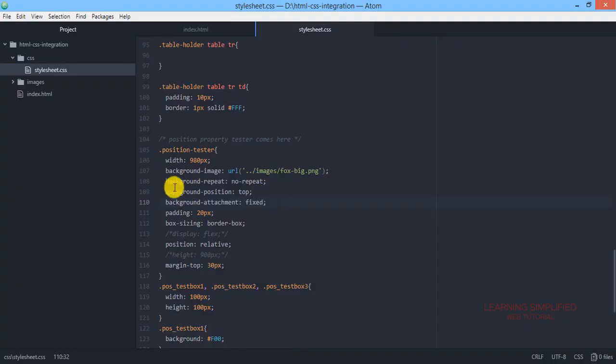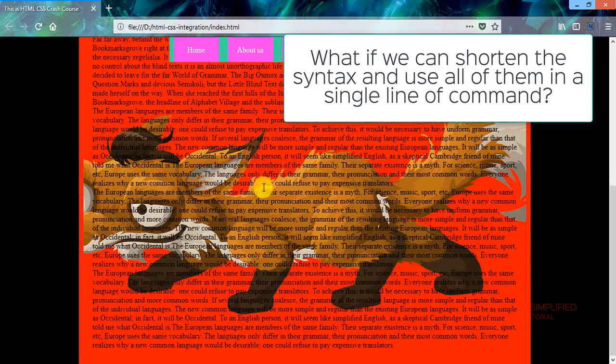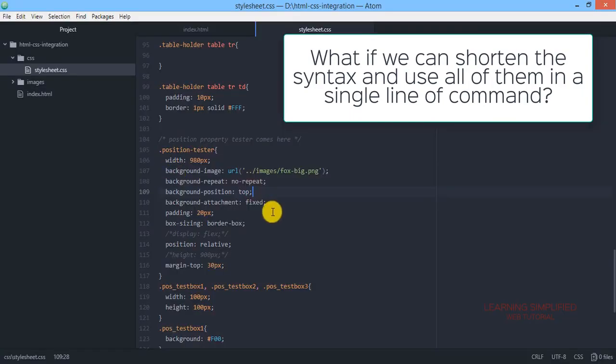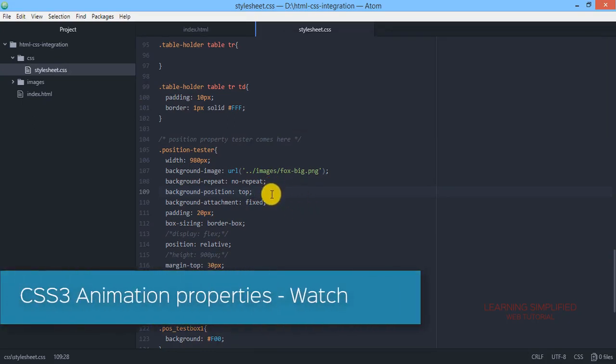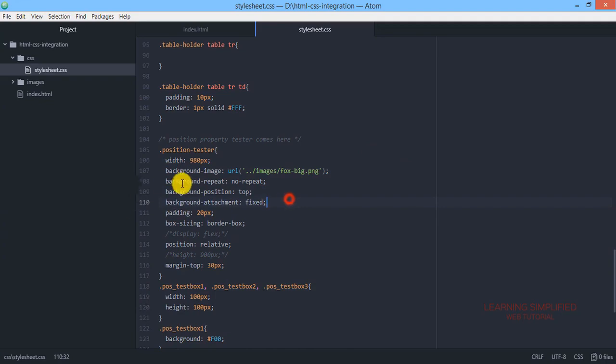In another instance, we have used plenty of background properties to describe the behavior of this particular background image. So instead of making distinct properties into the CSS or cascade style sheet for the same background image, now let's try to compile them into a single place. So how to do it?